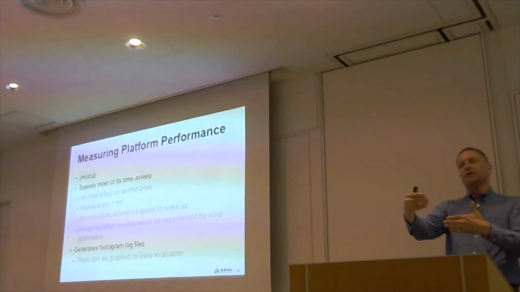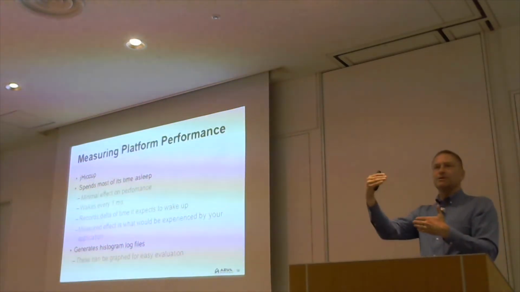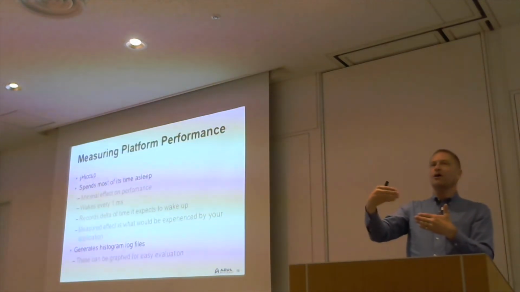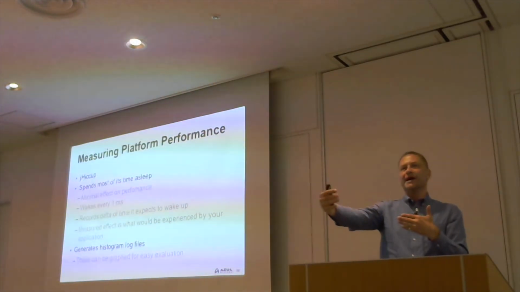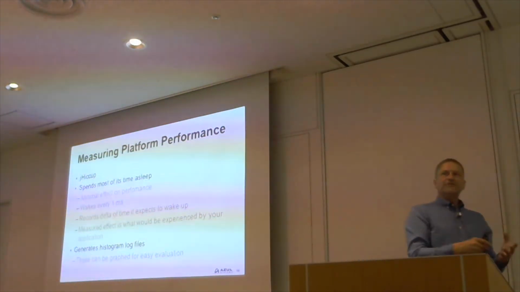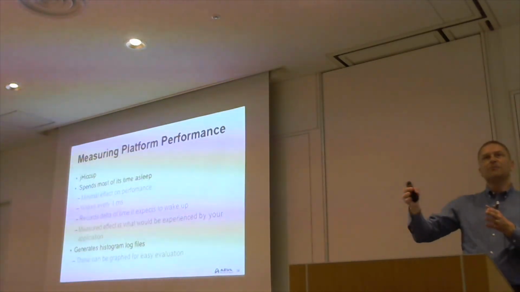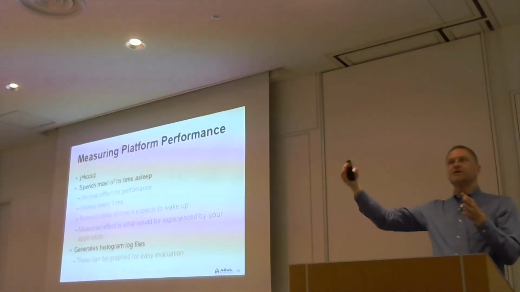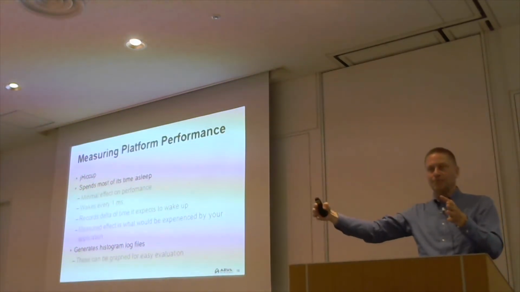When it wakes up, it looks at the system clock and it says, what is the difference between the time when I woke up and 1 millisecond after I went to sleep? So what's the difference between when I thought I should wake up and when I actually woke up? If, whilst your thread was asleep, you had a garbage collection pause, and that pause was 20 milliseconds, then the thread is going to wake up 20 milliseconds later than it thought it was going to wake up. So you can measure that.